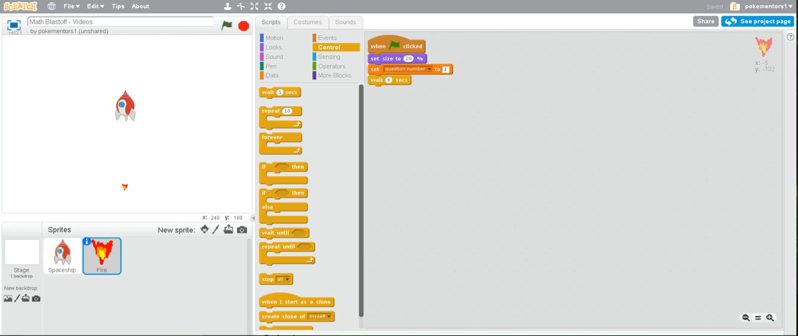Alright, so let's continue with the Quiz Blastoff game in Scratch by writing the rest of the code to the fire that will ask the questions for the quiz. So now that we have this code here, which will set up our fire right at the beginning,